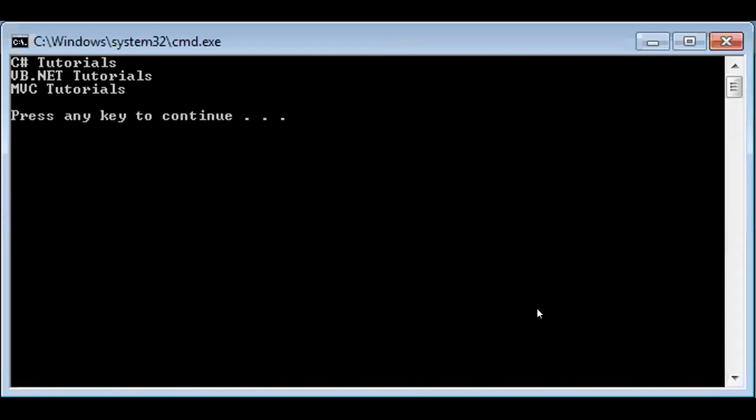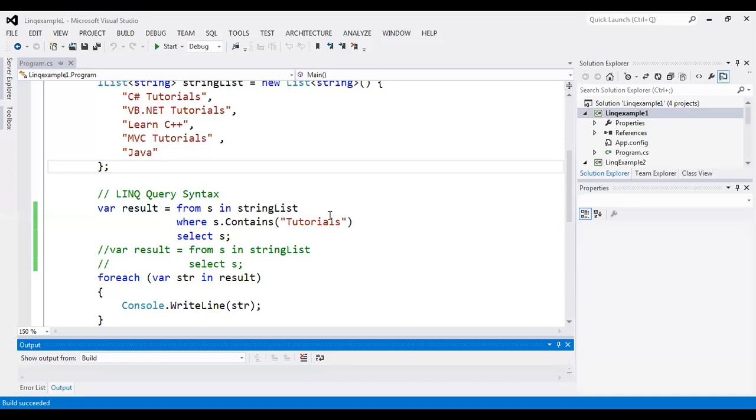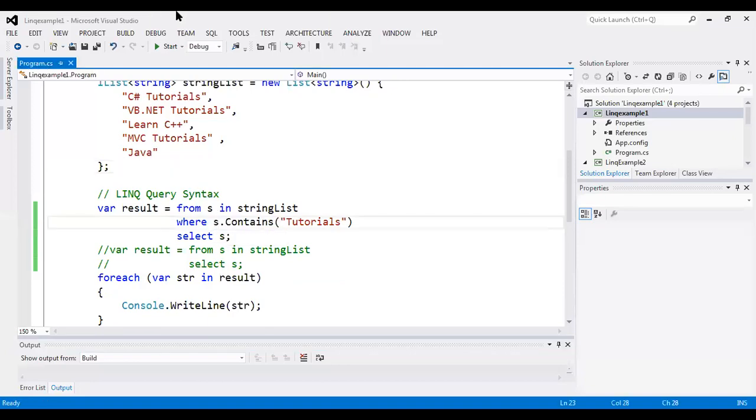Now, what if I ask you to display only those values which don't have this tutorials keyword? Then in that case, you can use where not s dot contains tutorial. Meaning if that s doesn't contain the word tutorial, then only you retrieve its value.